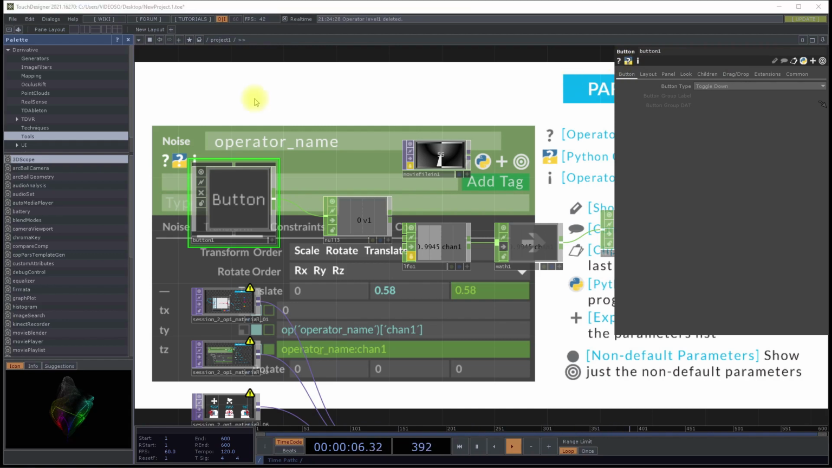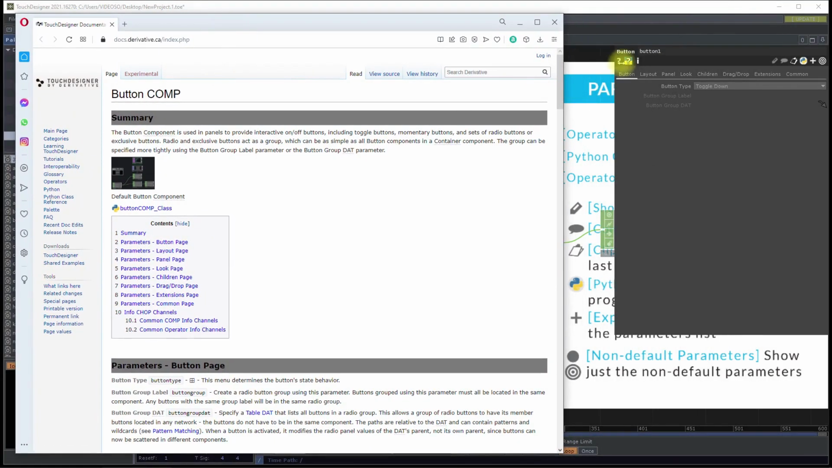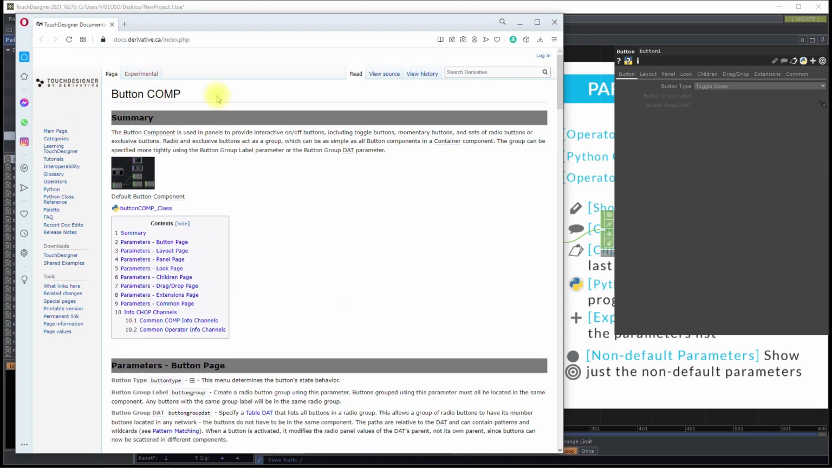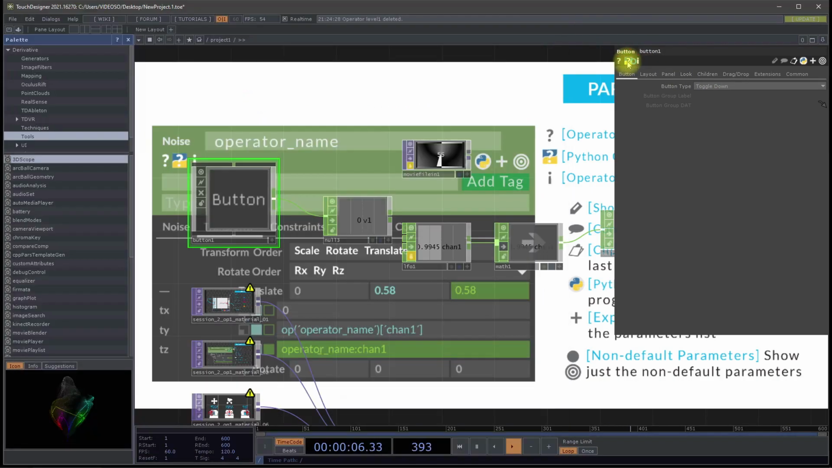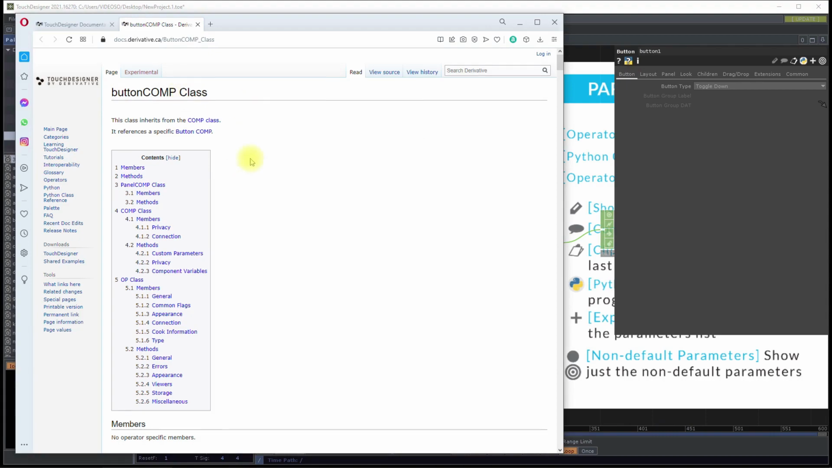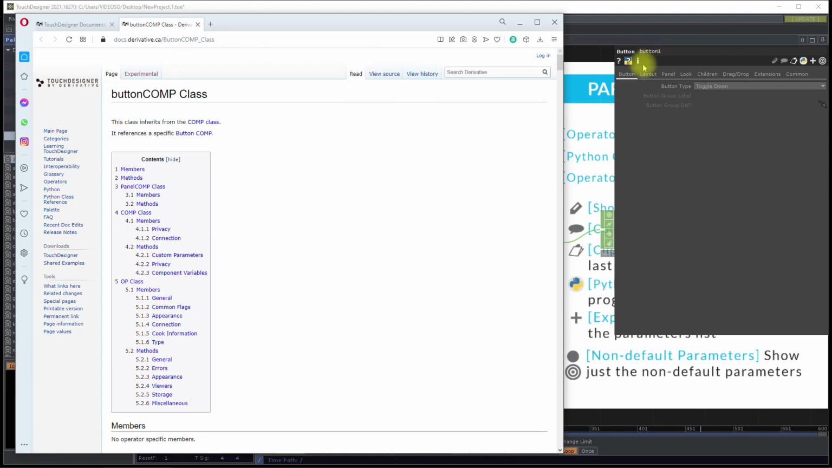And this is always going to be opened inside a browser window. In this case, what opened was this web page that talks about the button component. Now I'm going to click on the second. In this case, it's going to talk about the button component, but related to the class. That is something from Python. And if I click the third,